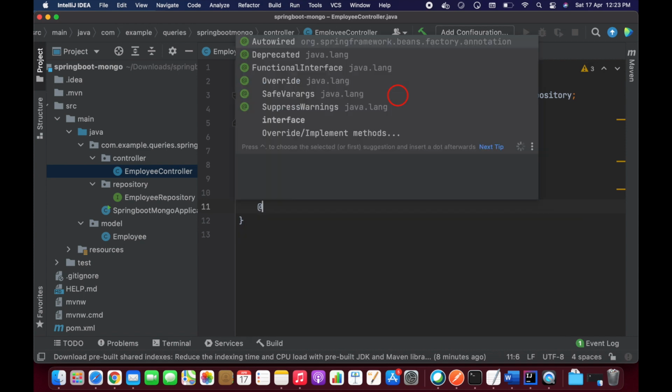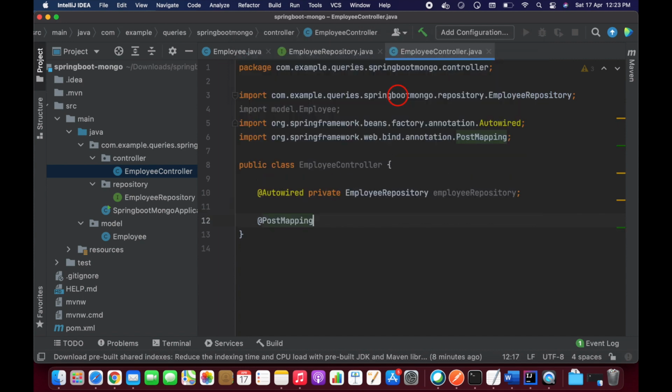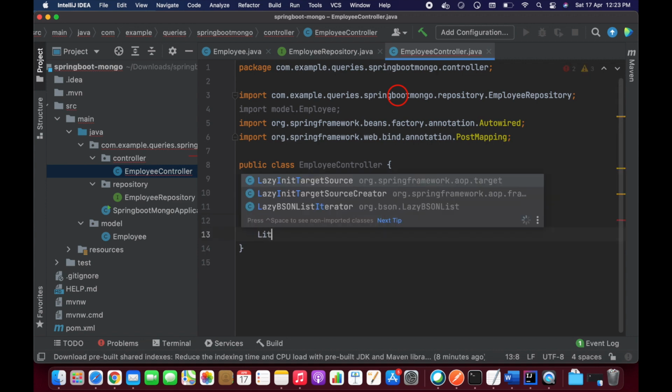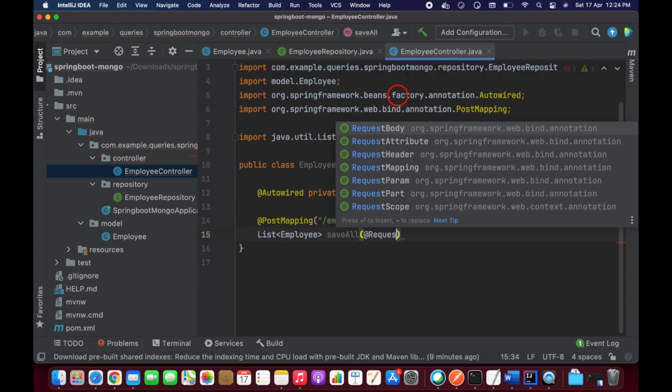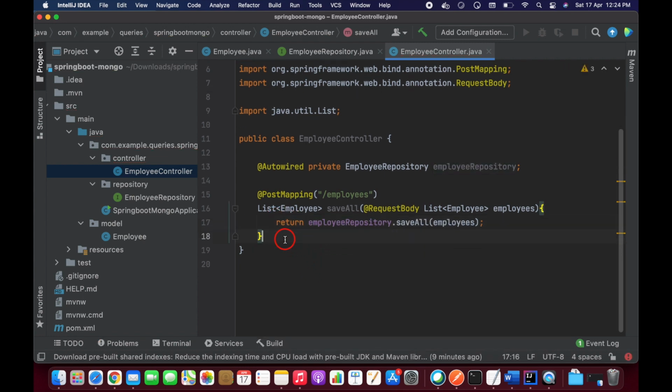First of all I need to save some documents, so that is the reason I'm going to create a post mapping. Let's create a post mapping for employees, passing a list of employees and just saving, whatever that method is there. Let me return this. That's it, guys.